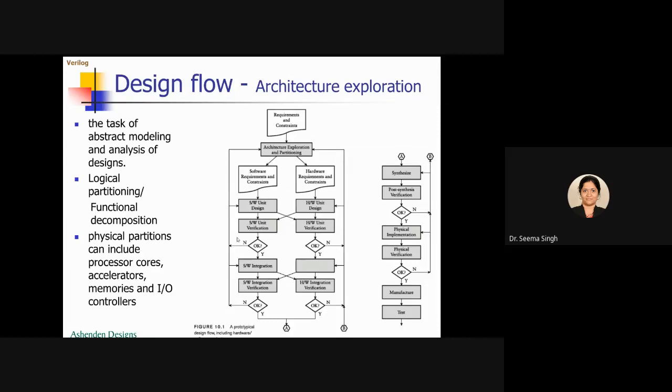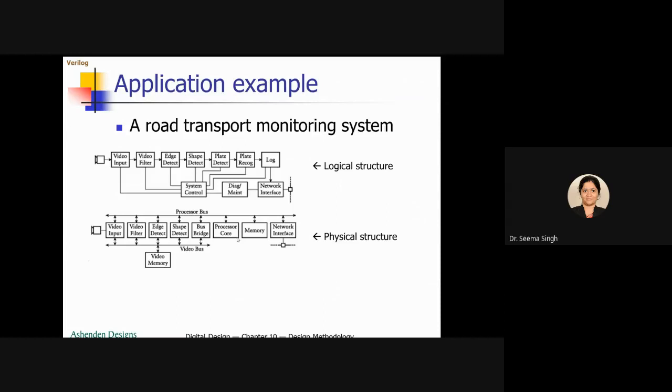We also saw one example of a road transport monitoring system, where the logical structure and physical structure were partitioned, and what comes under logical partitioning and what comes under